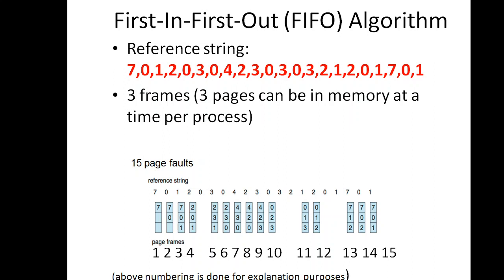Next we have 0 to be referenced, again 0 is not there here, so the oldest one is 4 now, so 4 will be removed and 0 is inserted. Next we have 3, so 3 is already in the frame, I need not replace. Next we have 2, also already in the frame, need not replace. Next we have 1, so 1 is not there, I have to remove the oldest one now, so the oldest one is 2, so 2 is replaced with 1, so it becomes 0, 1 and 3.